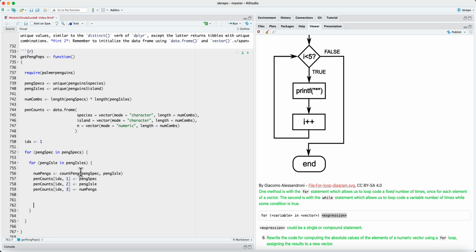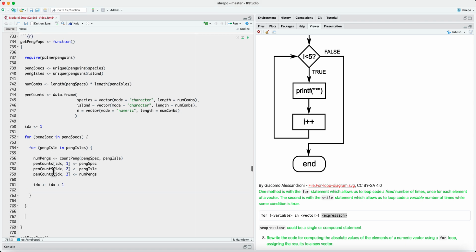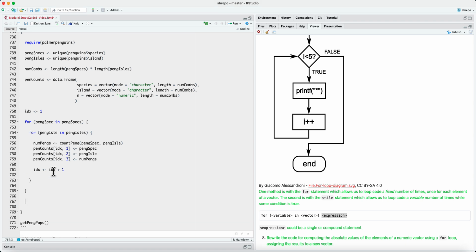And I must remember to accumulate, that is, update index. So I will take whatever is the value of index, add 1 to it, and save it back in index, so that in the next iteration index will have value 2, and so on until we have covered all the combinations. And then after this nested for loop, where I have a for loop inside a for loop, I can go and return the penguin counts,